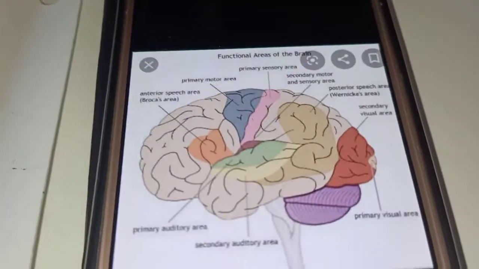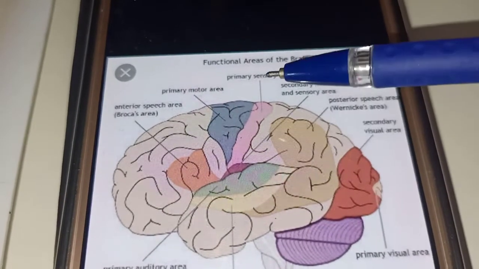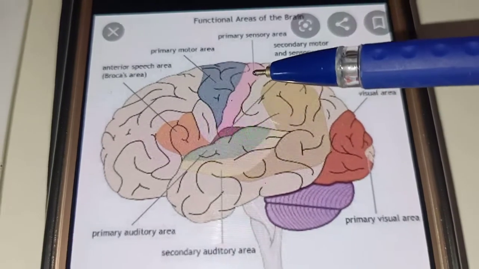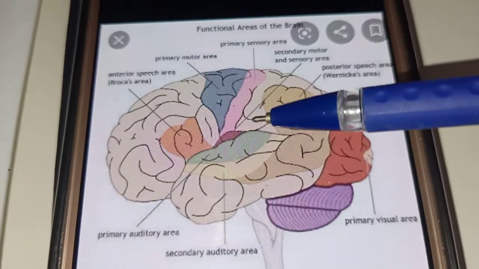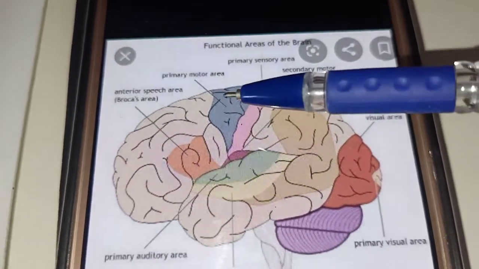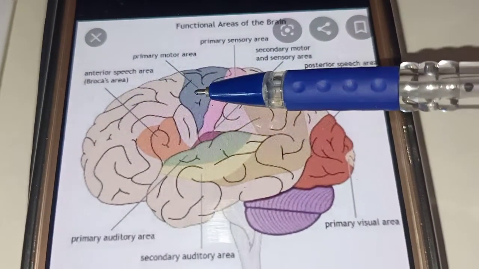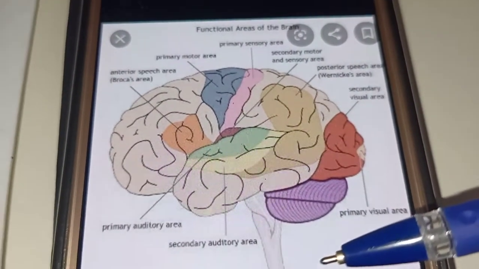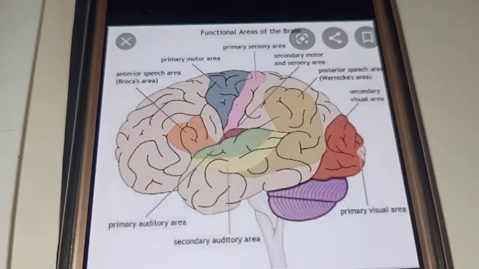So the same thing, this is the primary sensory area. It will receive the information from the lower part of the body, and this information reaches via the afferent fibers. There is the association area where the processing of the information occurs. This information goes to the motor area. In this motor area, there are efferent fibers which leave this area and there will be reaction. Clear? So this is the introduction of the cerebrum, the areas of the brain.